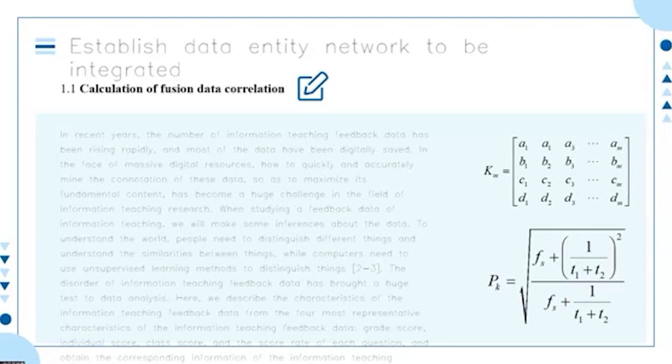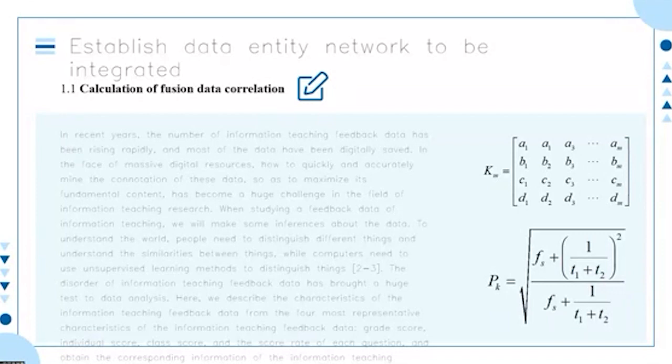correlation. In recent years, the number of information teaching feedback data has been rising rapidly, and most of the data has been digitally saved. In the face of massive digital resources, how to quickly and accurately mine the connotation of this data so as to maximize its fundamental content has become a huge challenge in the field of information teaching